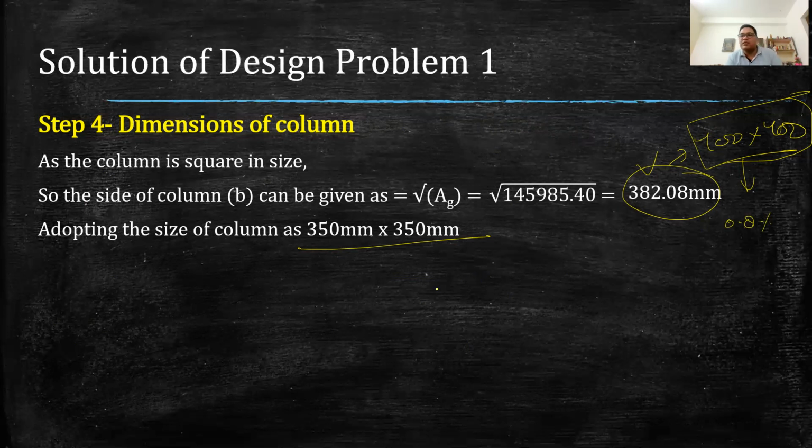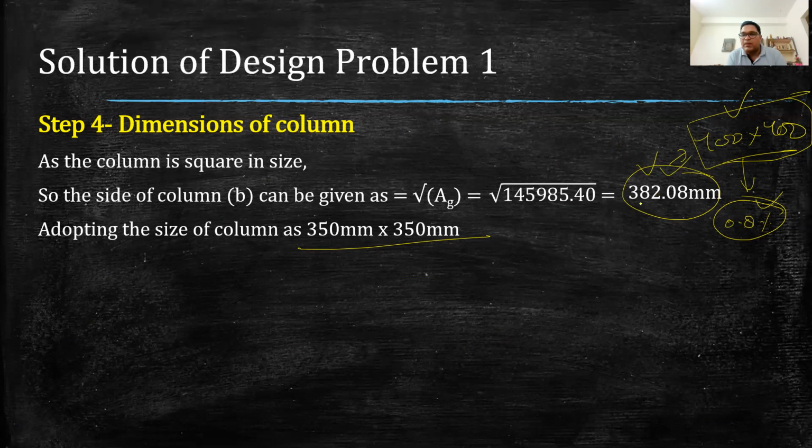As I have explained, as per IS code recommendation, the minimum area of steel in the column should not be less than 0.8%. So if you increase the area, then the area of steel may decrease and it may go less than 0.8%. So to avoid this possibility, generally what we do is we round off this value to the